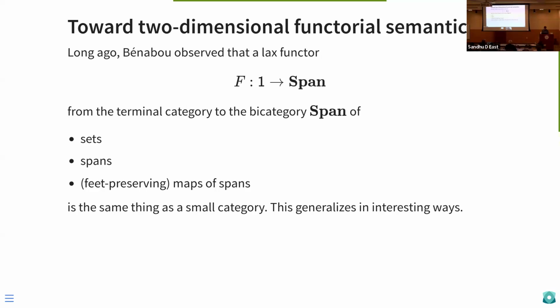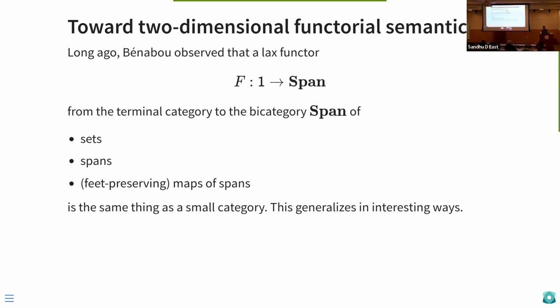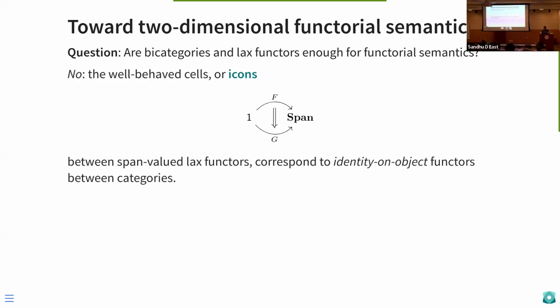And so it's interesting, and it also generalizes in a number of ways. And so it's kind of appealing to think that this notion of a lax functor is giving us categories. So maybe this could be the beginnings of an approach to functorial semantics for doctrines? And not quite in this form, and the reason is that